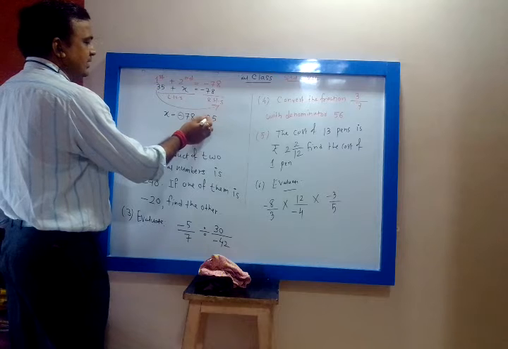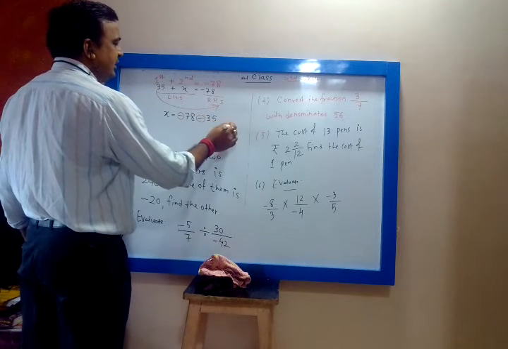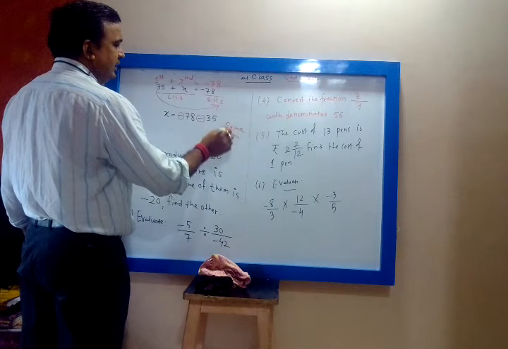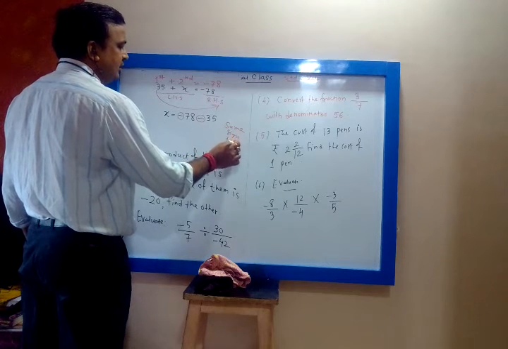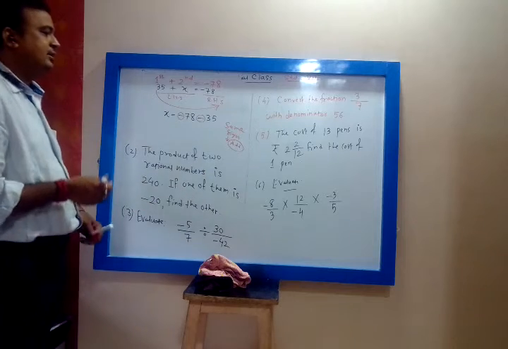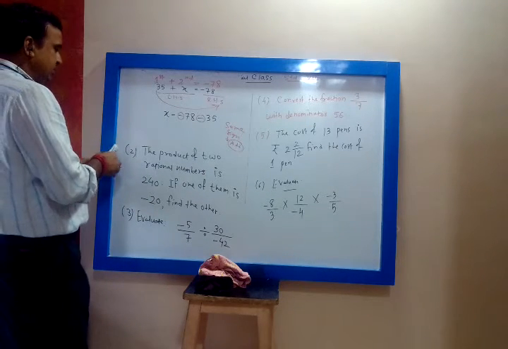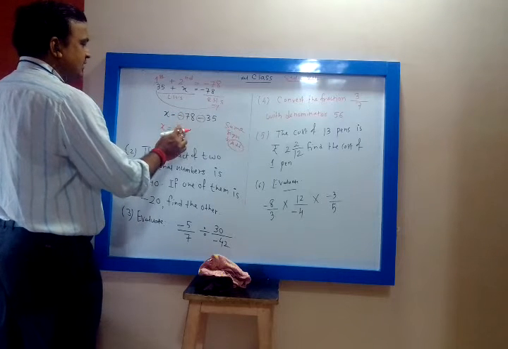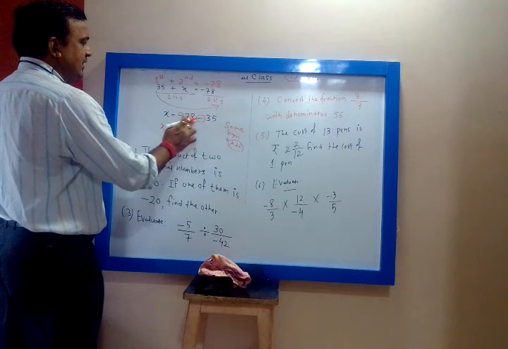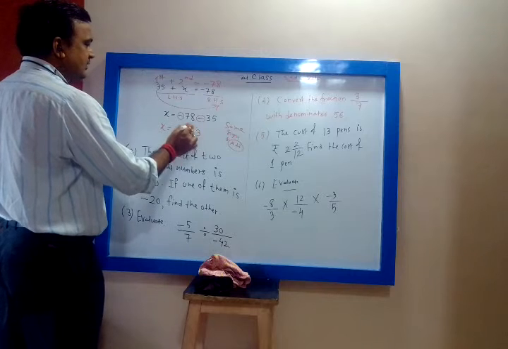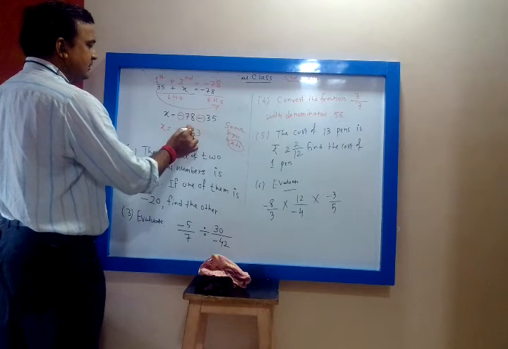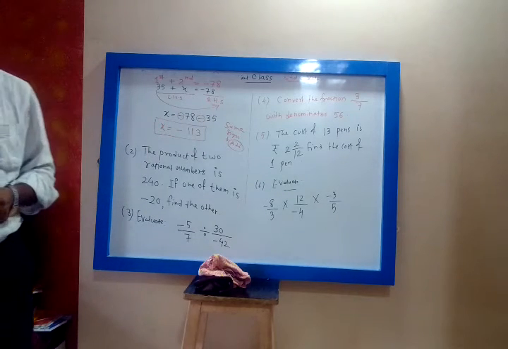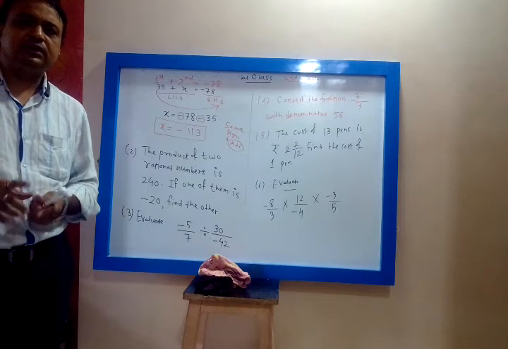Now what is sign of 78? Minus. What is sign of 35? Minus. Minus minus means same sign. Whenever they have same sign, you have to add the number and take the common sign. So common sign of minus minus will be minus. So 78 plus 35. 8 plus 5 is 13. 7 plus 3 is 10. Plus 1, 113. Answer is minus 113. Yes, understood?